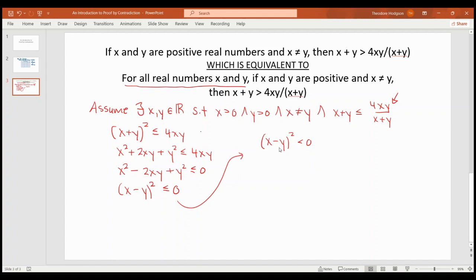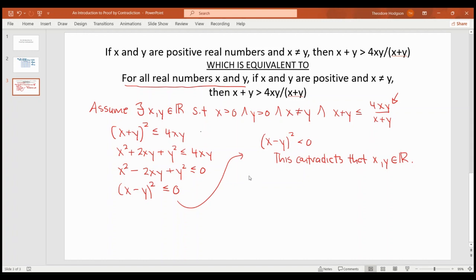So x minus y quantity squared cannot be less than 0, and what that contradicts is that x and y are real numbers,